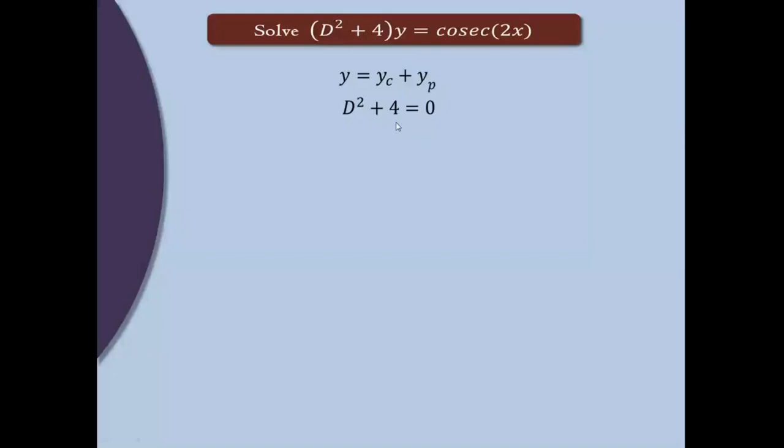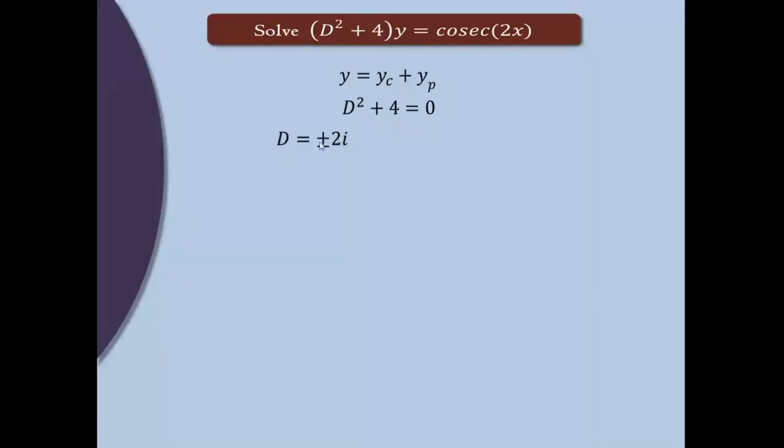d square becomes minus 4. So d becomes plus or minus square root of minus 4. Whenever we take a square root, we always have to take plus or minus. And square root of a negative number is a complex number, an imaginary number. Square root of minus 4 is nothing but 2i. So d becomes plus or minus 2i. Imaginary roots always occur in pairs, that we saw in the first lecture. So the roots are alpha plus or minus i beta. Alpha is 0 here and beta is 2.